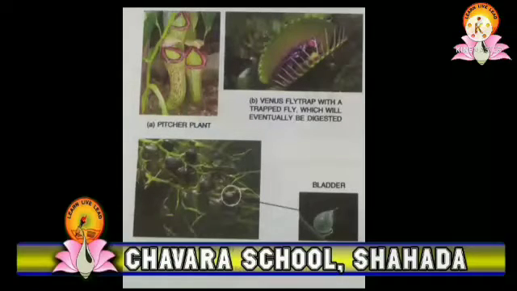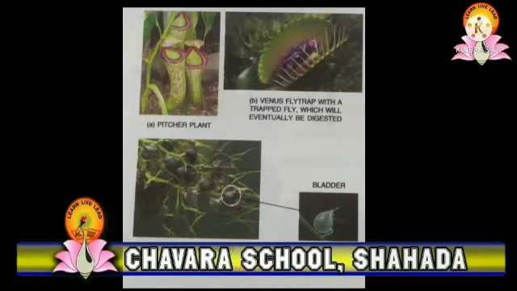The first insectivorous plant is pitcher plant. In pitcher plant, lamina is modified into a pitcher. The size of this pitcher varies from 10 to 20 centimeters. So when an insect like an ant sits on the rim of the pitcher, suddenly the lid of that pitcher closes. At the bottom of the pitcher, some enzymatic juices are secreted which digest the animal protein. The pitcher plant is usually found in Garo and Khasi hills in Meghalaya. The pitcher plant utilizes the insect's protein by converting it into nitrates.